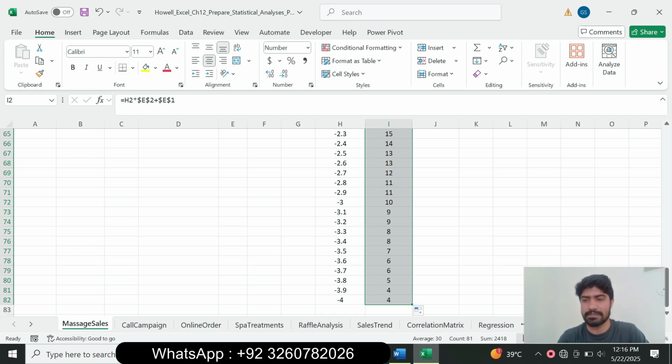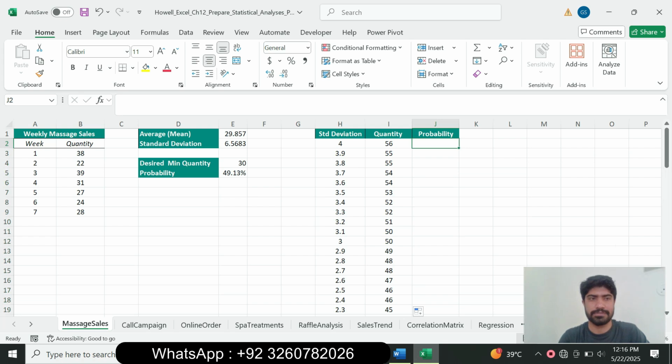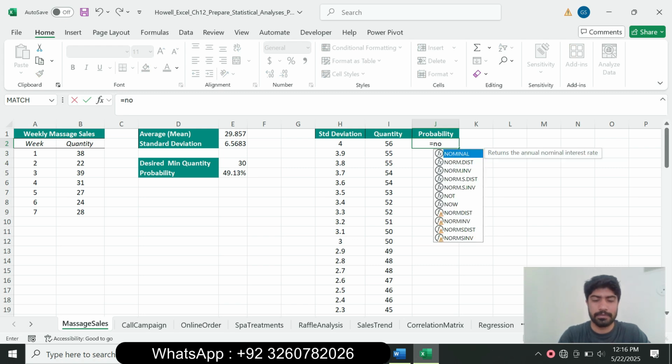So select cell J2 and type equals NORM.DIST